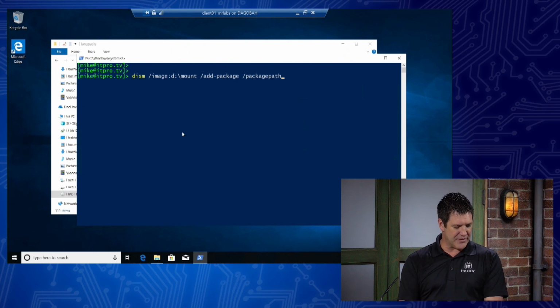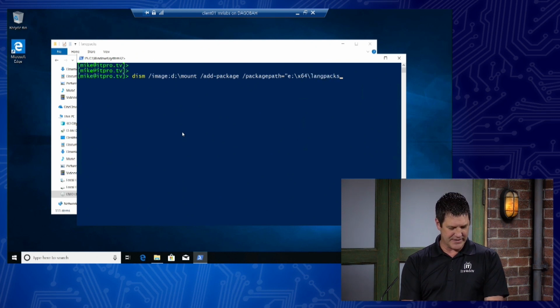So package path, I'm sorry, it's not a colon. This one is actually an equals, and then I'm going to again type E:/ what is that? It's in the folder called X64. And it's not going to let me do my tab autofill anyway. So E:/X64